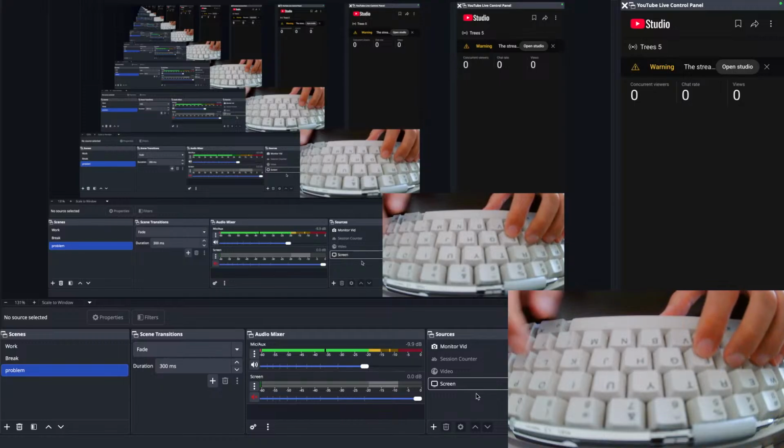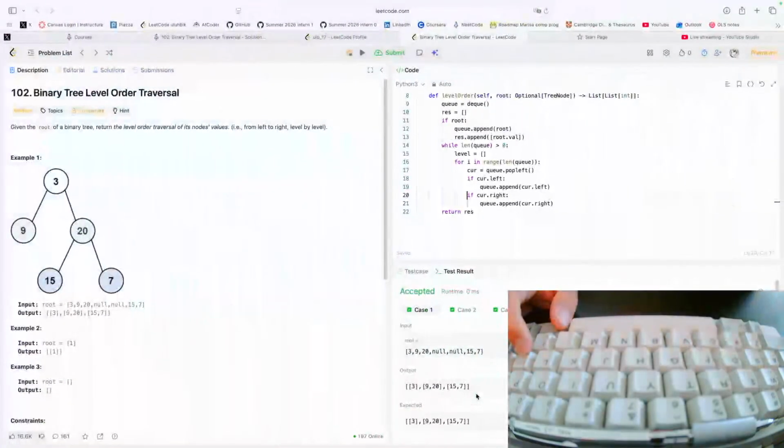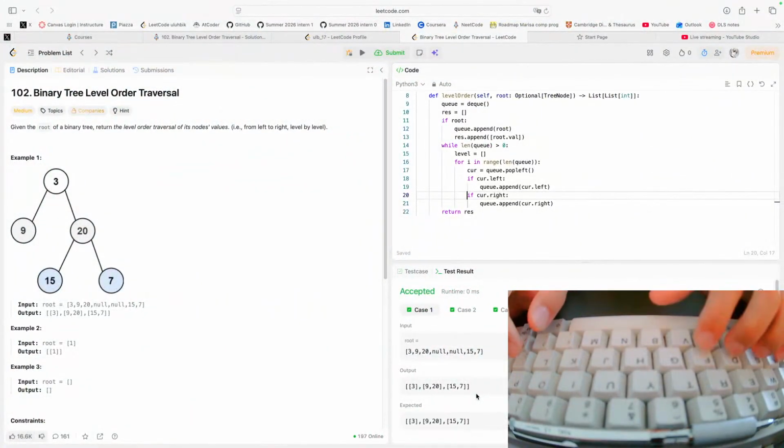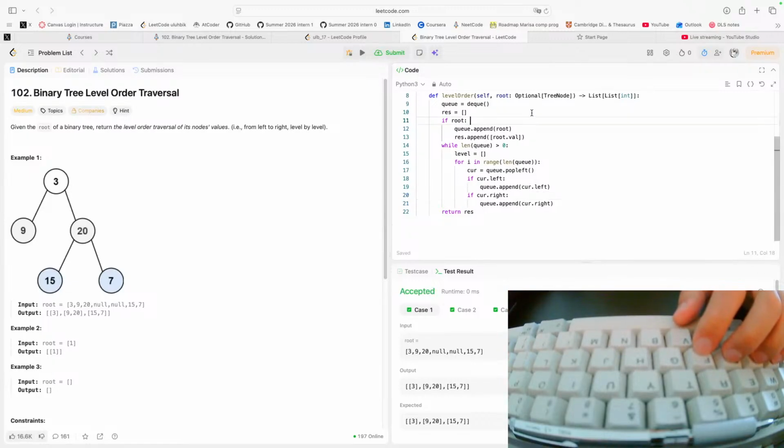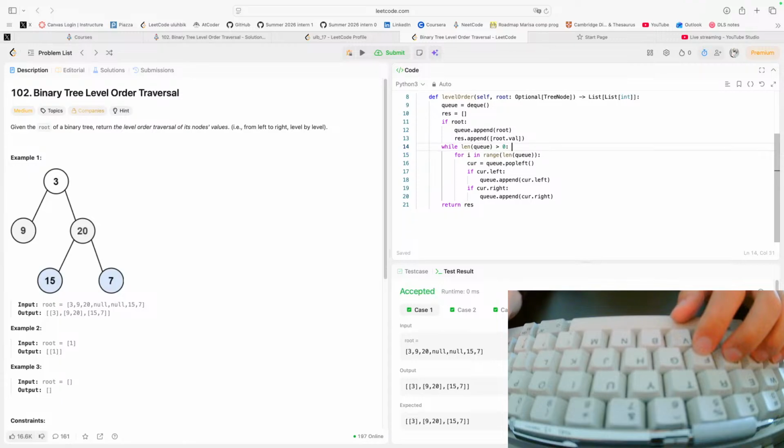Okay, so I'm back. I checked out the solution, and of course it's the BFS solution. We were close to finishing it, but of course I didn't get this part, which we could have done by